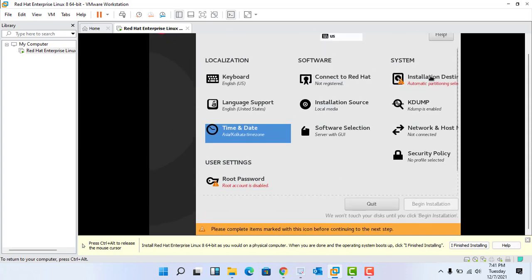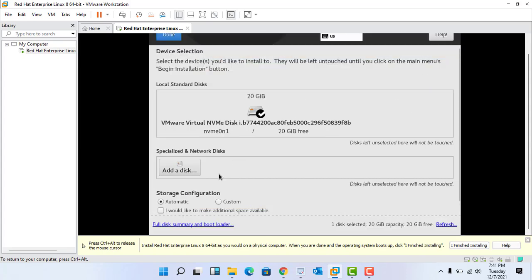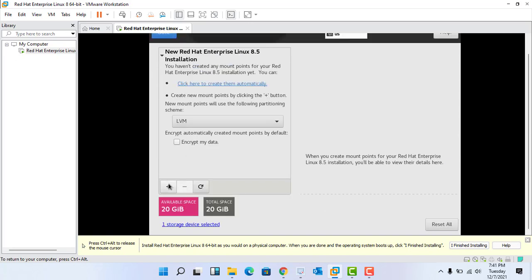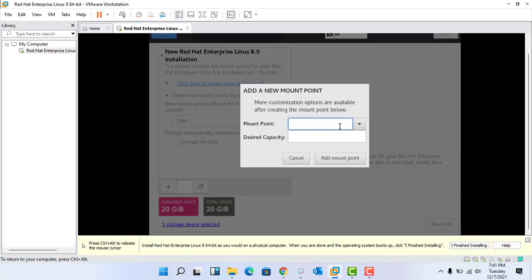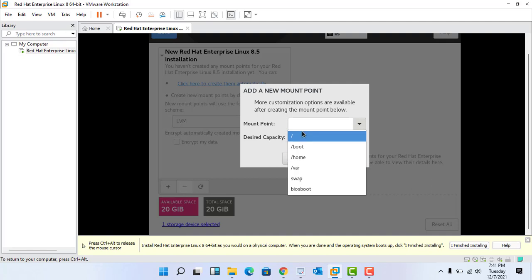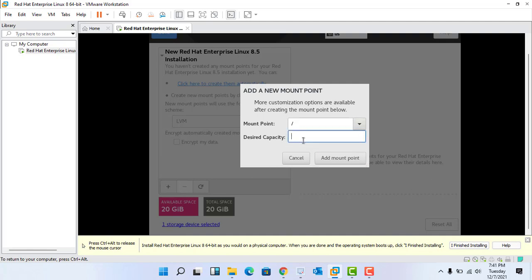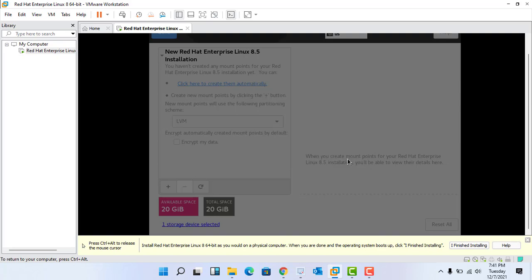Now installation destination. We are going to customize it. Just done. Then click on add, choose here slash, it should be 15 GB at least. Then click on add mount point.